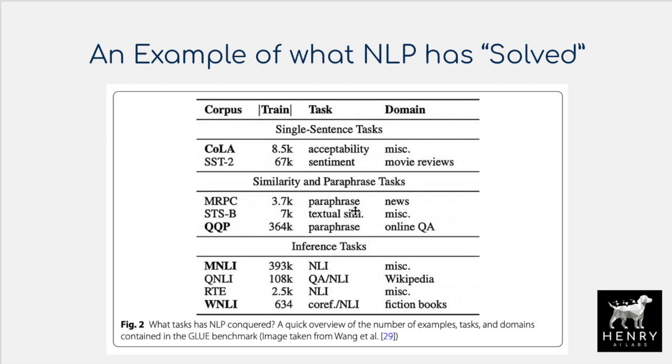And then we have inference tasks. This natural language inference task is where you have first a premise and then a hypothesis, and you have to tell if they follow one another. This is a more complex task than paraphrase or single sentence classification, where you have to really understand the relationships between the premise and the hypothesis. And this idea of understanding is also something we can talk about later in generalization metrics, but